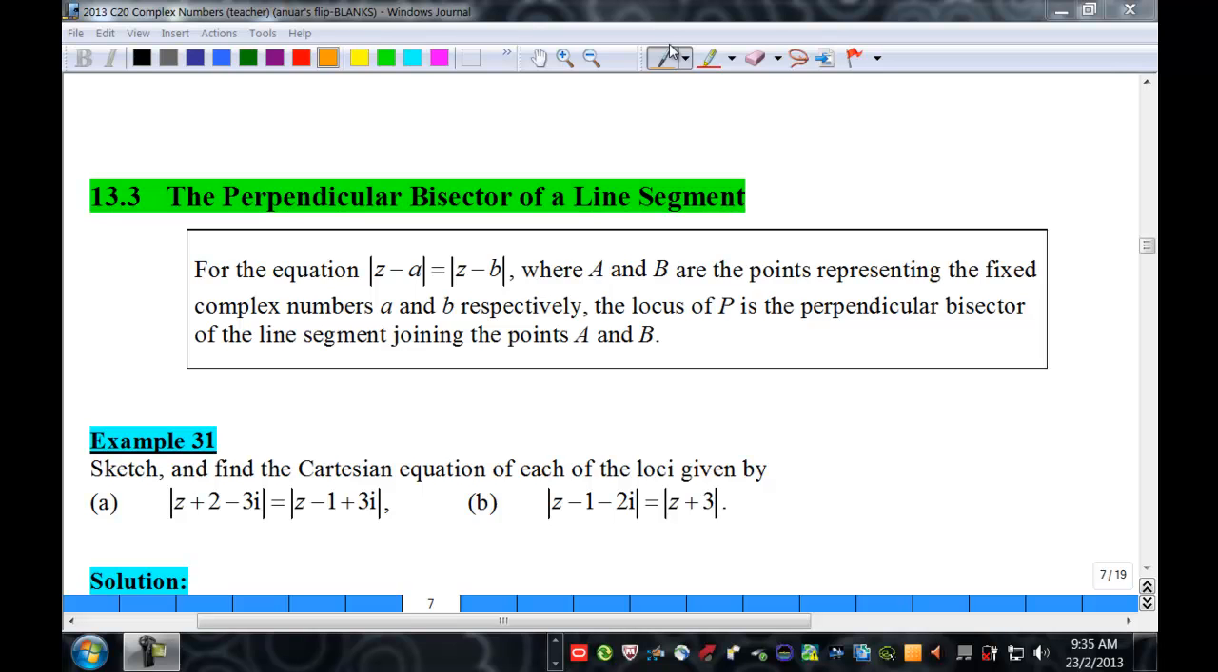Right, thus far we have looked at the locus representing the complex number z in the form of a circle. We are very sure of what type of equations will actually give us the locus in the form of a circle. Now the next locus that we are interested in is actually the perpendicular bisector of a line segment. Now the equation that will actually depict such a perpendicular bisector of a line segment is given by